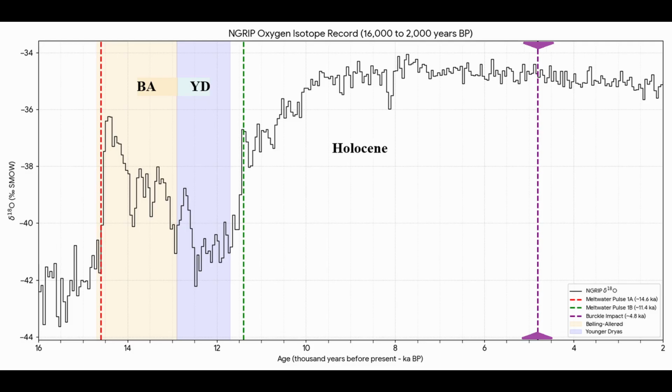Let's look at some of the major events of this time frame. First is the Bølling-Allerød warming period, which at first seemed like just the next one in a series of regular warming cycles. But there was this sudden influx of water called Meltwater Pulse 1a, which coincides rather closely with the start of the Bølling-Allerød warming, which caused ocean levels to rise about 60 feet. Then there was Meltwater Pulse 1b, which was shown to happen some decades after the defined end of the Younger Dryas. This caused global ocean levels to rise an additional 13 feet.